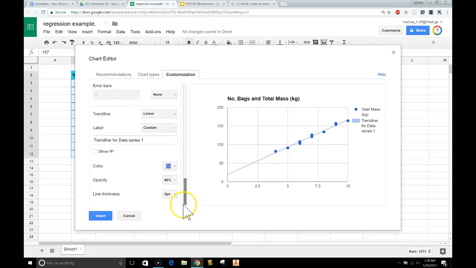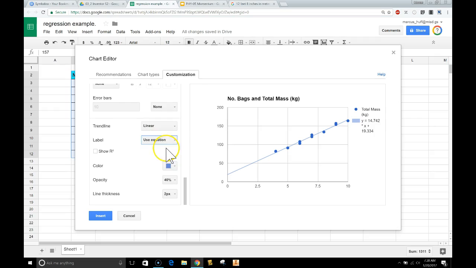Pull it down a little more, and we want to change the label from custom to use equation, and we want to show the R-square value. And there we go. Over here on the right side, you can see the formula and the R-square value. I would suggest making a note of these right now. It is wrapped a little strangely, and sometimes in the chart it trims your equation. So write that down. Then when you're done, if it looks like everything you want, after you've got your titles